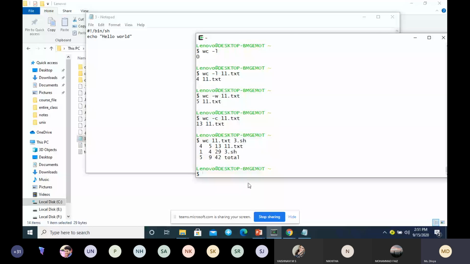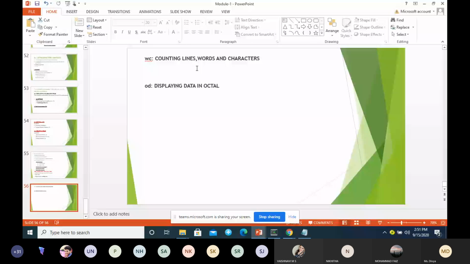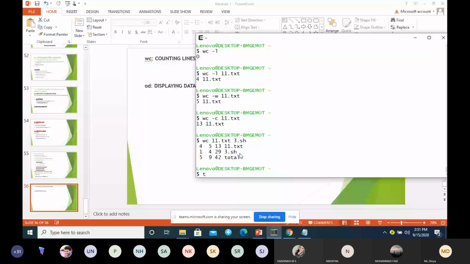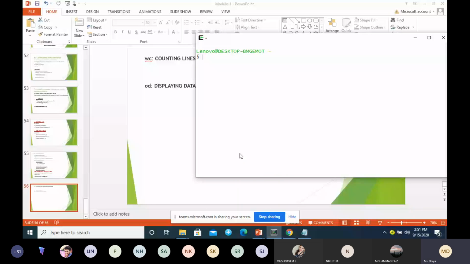The next one is OD. OD is used for displaying the content in ASCII octal values. Here I will execute this command: OD -B.